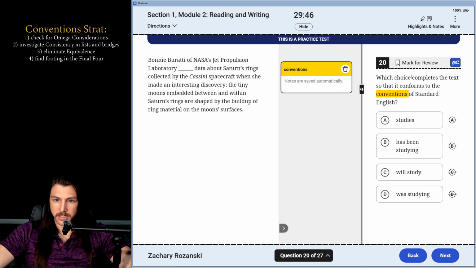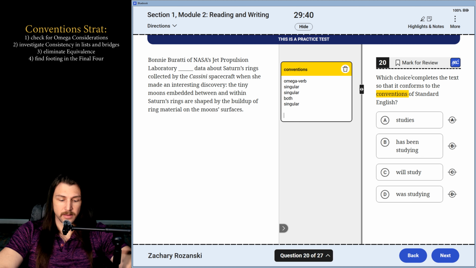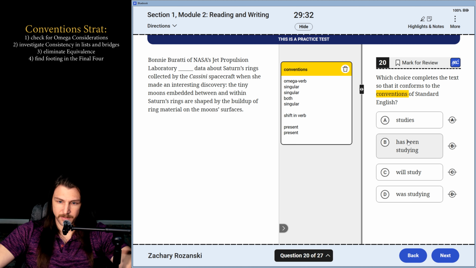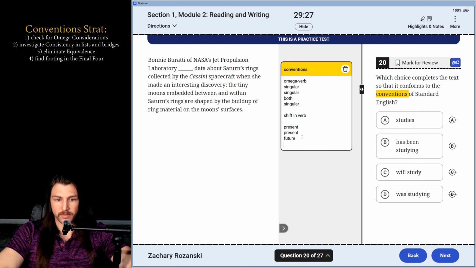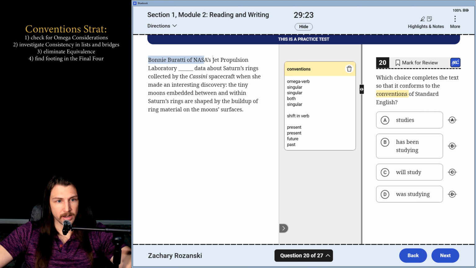20. I'll make a consideration again. What a little gift with verbs. I've got a singular, a both, and a singular. This is going to be a shift in verb tense question, so I'm going to consider the whens. I've got a present. In this first layer, we ignore the aspect, right, which are these second words. We just consider layer 1, we've got the future, and we've got the past. There isn't really much of an odd man out, so I'm going to go looking for a when idea.